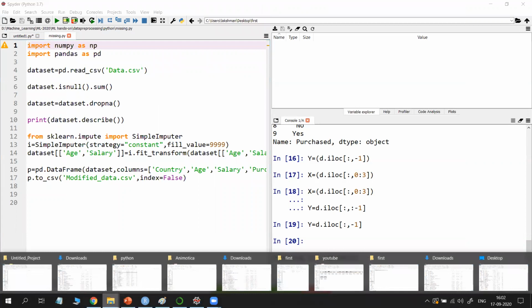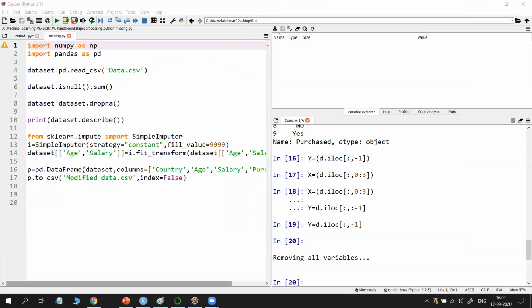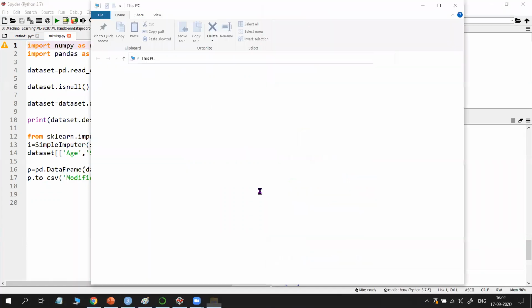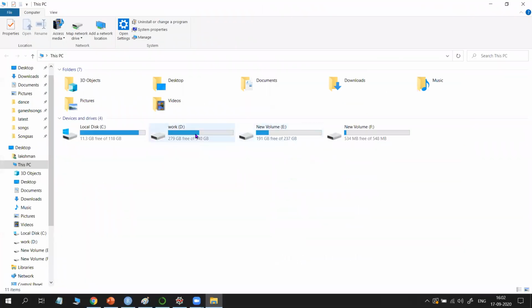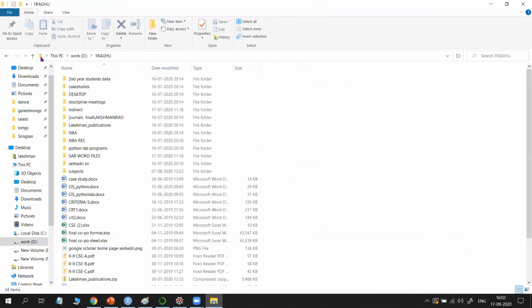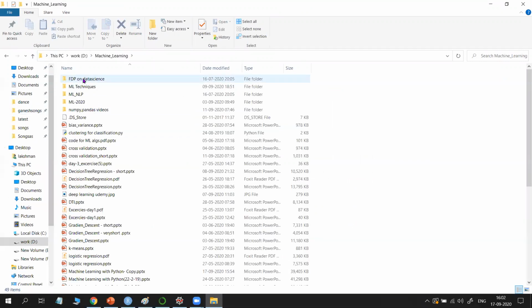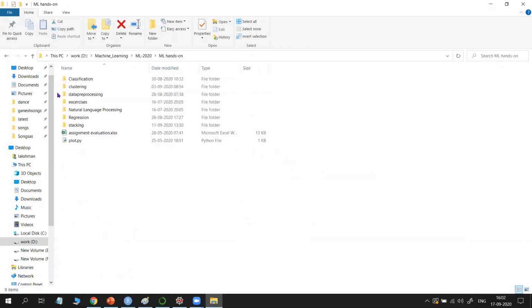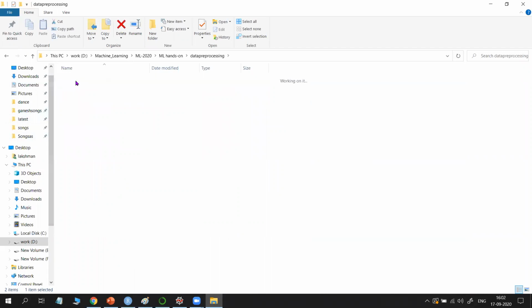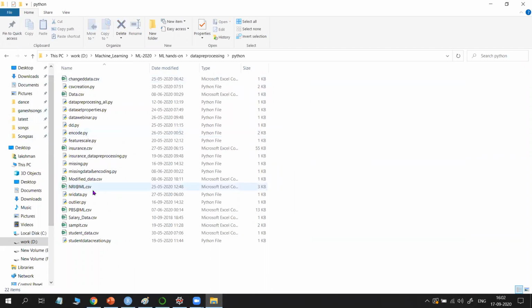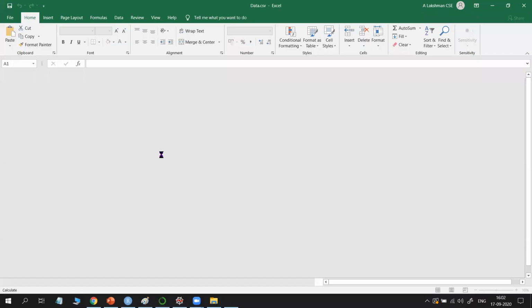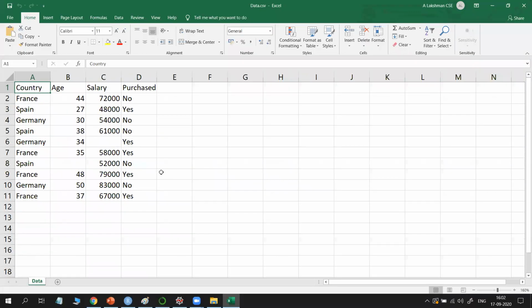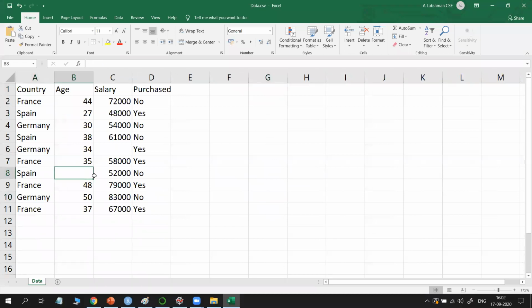Okay, in the same folder, I will show you a file with missing values, the same file I showed in the PPT. See data.csv. For example, the file name data.csv. This is an Excel sheet with CSV extension. See here, there is one missing value, there is another missing value. So only 10 rows, with column headings.